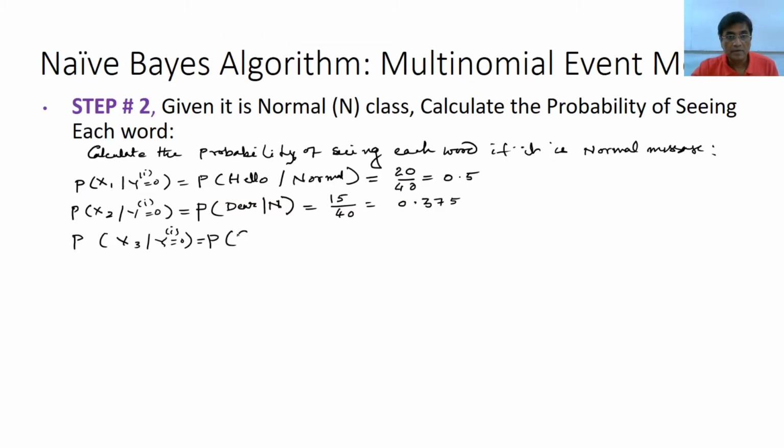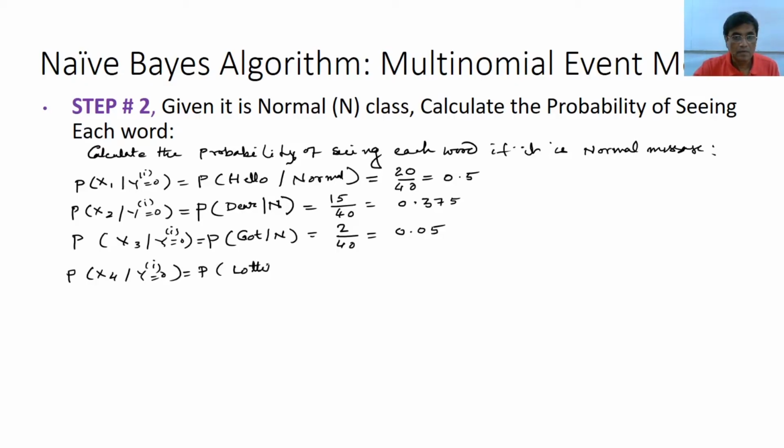Okay, 2 times it appeared, lottery, given it is a normal mail, only once. In your training sample it was only once,